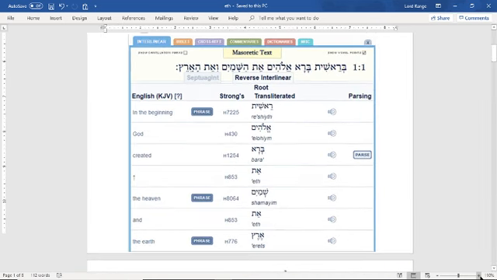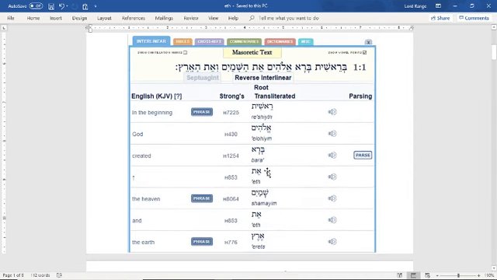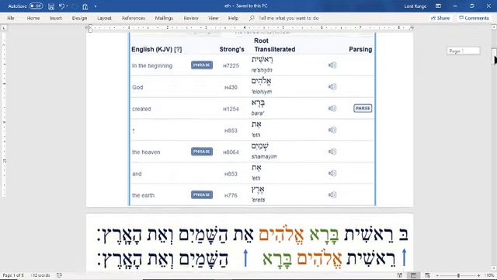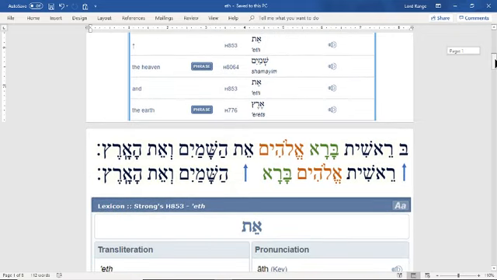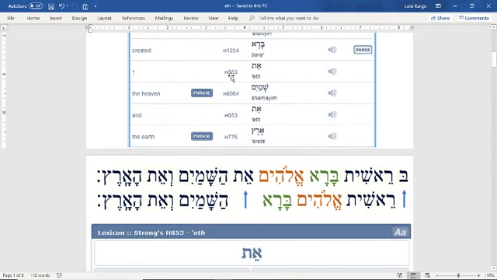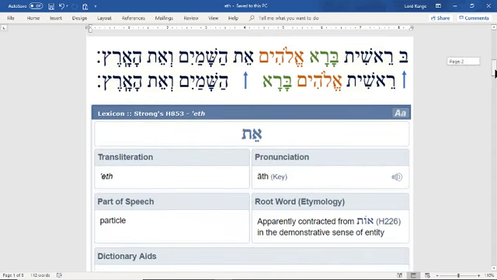And we're going to blow this back up here. As you can see, here's that Hebrew word atah, and they just have an arrow pointing up. They don't have a word that they have translated this atah into. And that's what this lesson is going to be about today. So the next thing we're going to do is click on that Hebrew reference number 853 and just read what it has to say.